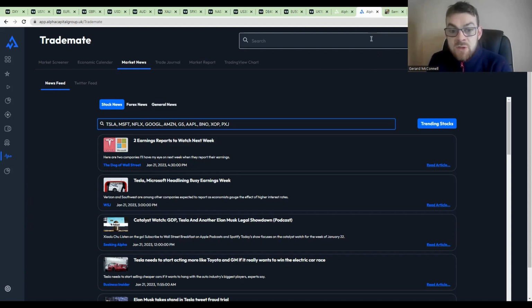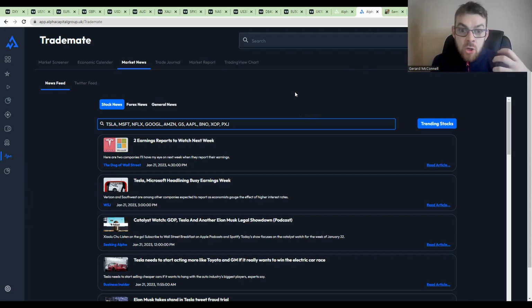It's important to know what the main companies are that are going to affect the performance of those related indices. Because at the end of the day, if you look at the S&P, the Nasdaq or the Dow Jones or any other index, all of these indices are a composition of a number of individual stocks. It's important to understand what stocks are in what index, but also the weighting and importance those stocks have in those respective indices.